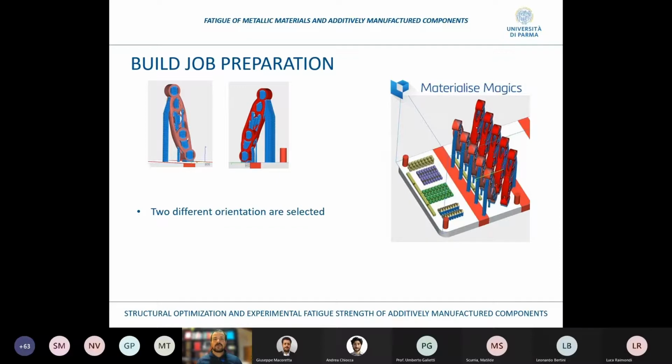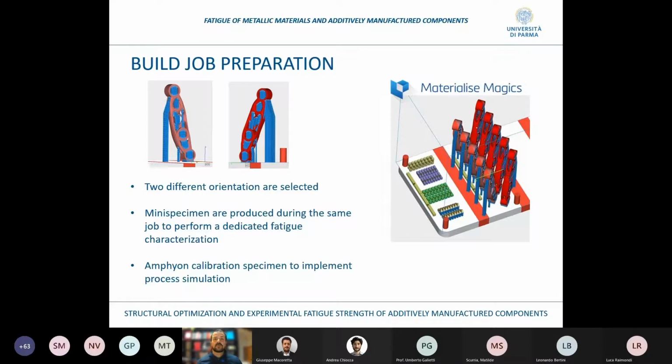And also I wanted to underline that on the same build job were also produced 4 sets of miniature specimens that we will use to perform dedicated fatigue characterization, and also Amphyon calibration specimens. Amphyon, I didn't mention, I only reported the images, is the software that we used for the process simulation. So we produced the Amphyon calibration specimens to implement the process simulation